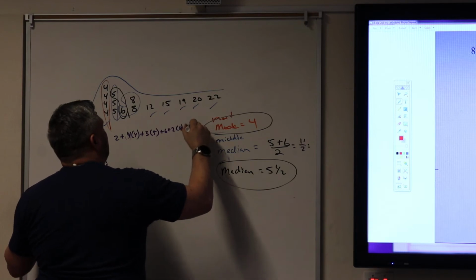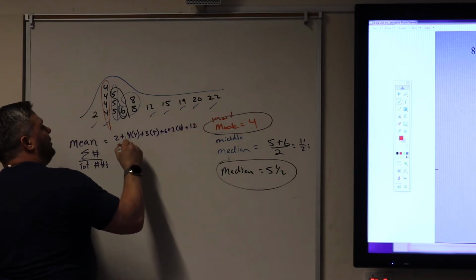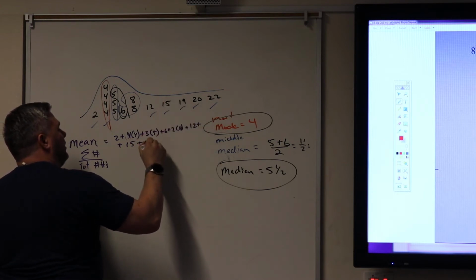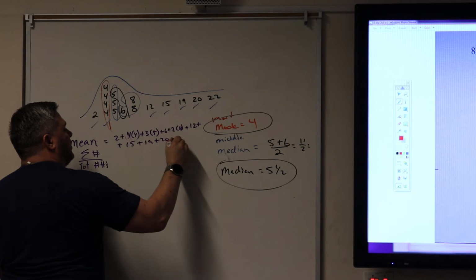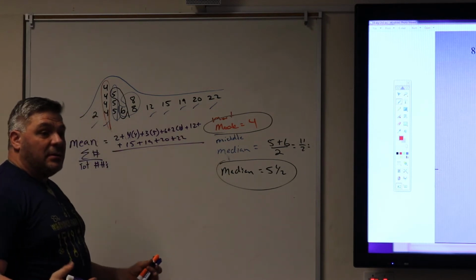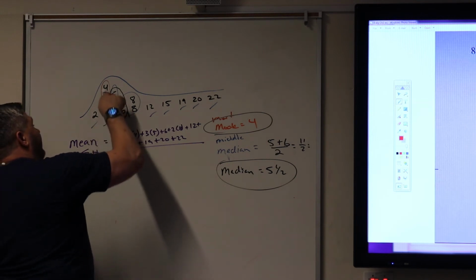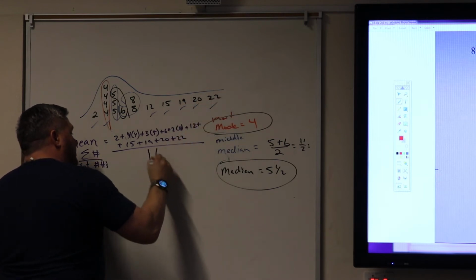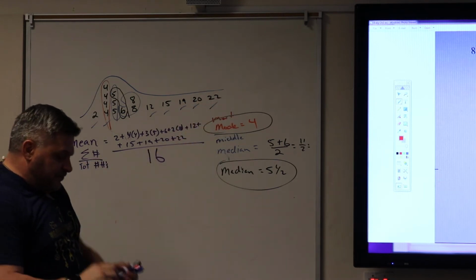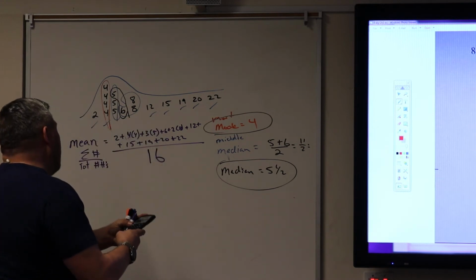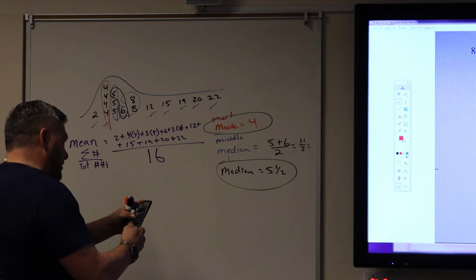plus 12, plus 15, plus 19, plus 20, plus 22, right? And it's all divided by however many numbers there are. So we got 1, 2, 3, 4, 5, 6, 7, 8, 9, 10, 11, 12, 13, 14, 15, 16. So 16 numbers, okay? And so we'll take those numbers, and we've got 2 plus 4 times 4 is 16,